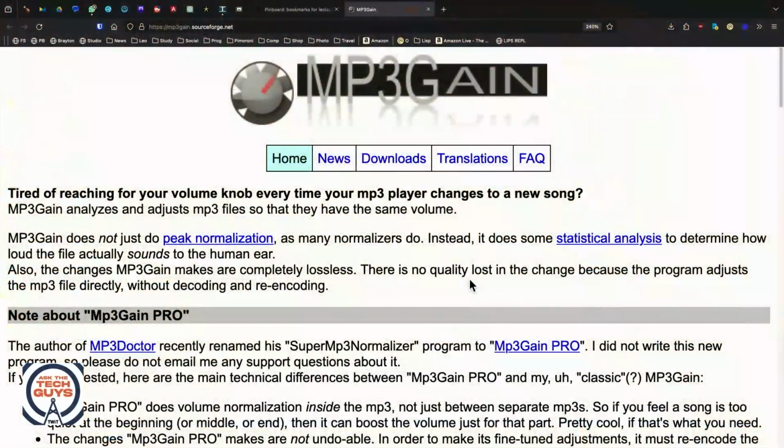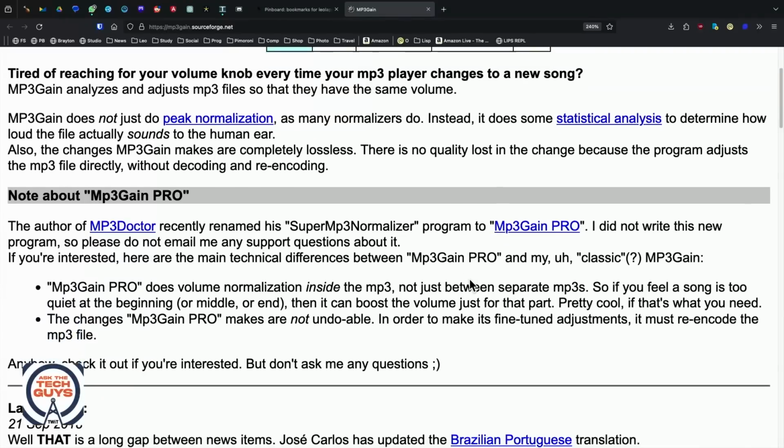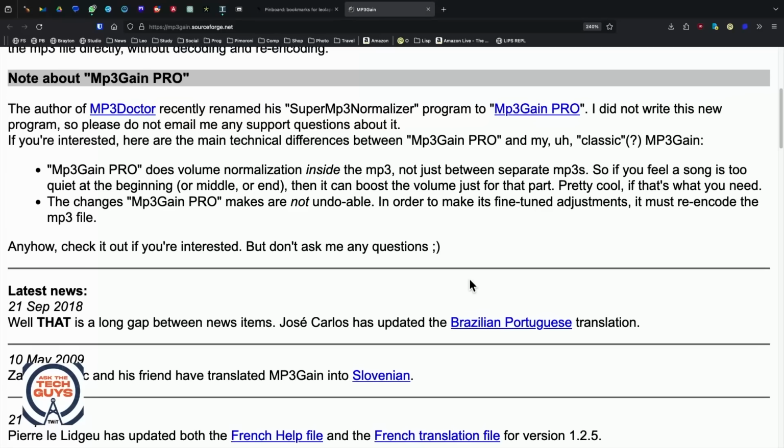There was one other solution that I wanted to mention. It was mentioned in the Discord, and also I came across this in looking. Think about a type of person who has the most random kind of music of different volumes. It's a DJ, a person who is there to spin tracks. And I saw multiple DJs recommend that if you're using a Windows machine, to use MP3 Gain. That's MP3 GAIN. This is a free tool available for Windows. There are some ports over to the Mac. I can't speak to those, but MP3 Gain is used by DJs to do exactly this, to normalize audio across an entire library. And this tool apparently continues to be made and downloaded by lots of folks,